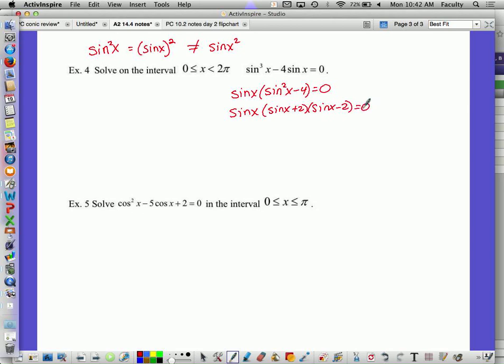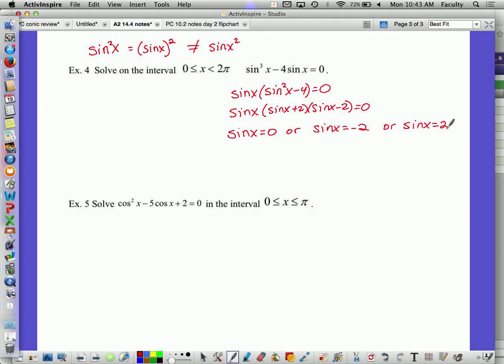And if you recall from the warm-up today, one of my factoring problems was a difference of two perfect squares. And then if I solve each one of these using the zero factor property, I have sine x equals 0, or sine x equals negative 2, or sine x